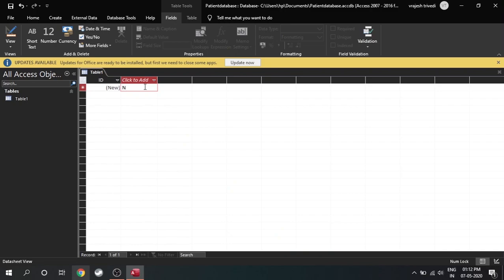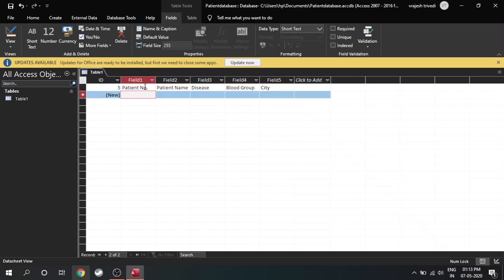So for example, patient number, then patient name, disease or anything that he has, then blood group, then city. So let me add the details of this.